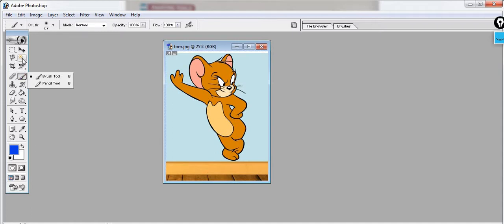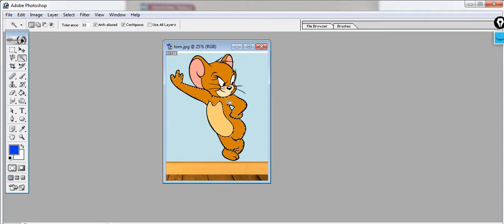In our earlier classes we have seen this is the magic wand tool, right? So first I will click this magic wand tool and select some particular area, and the magic wand tool selects the area on the basis of recognizing its color, right? So suppose I click here, this particular portion will be selected.